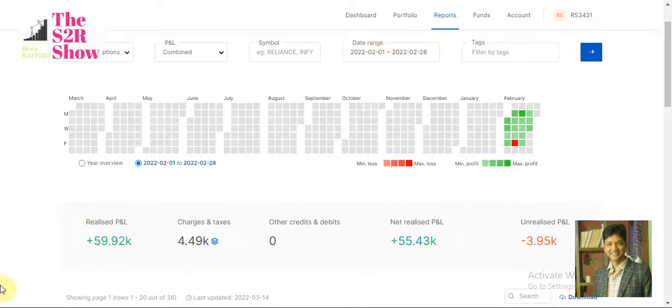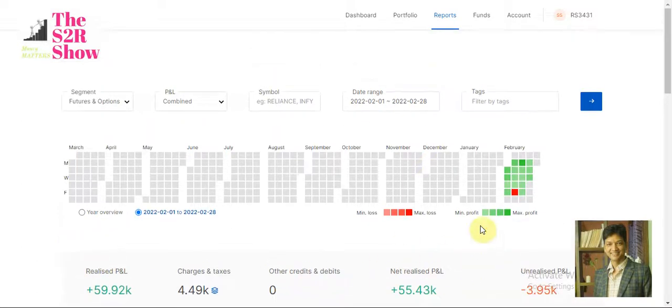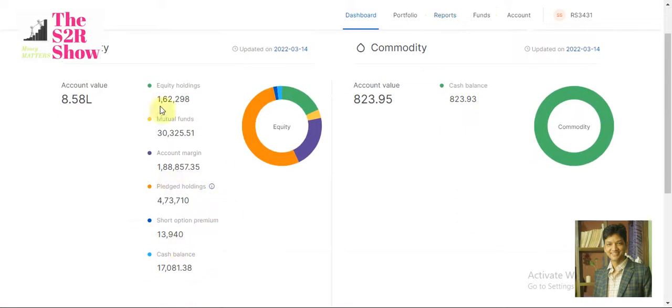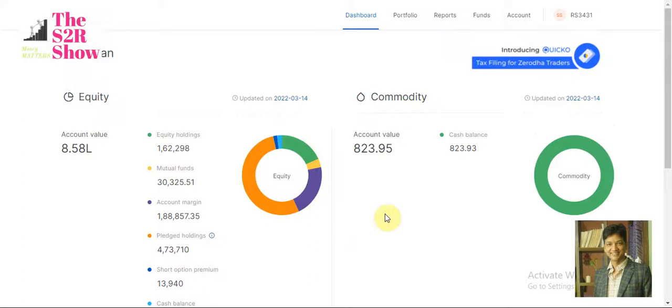So okay, this is the February month profit. Net profit is 55,000. Some of the people also ask what the investment is. So we go to the funds dashboard. This is the fund, out of which 6-7 lakhs I always keep invested. So we are only left with 2 to 3 lakh rupees. So we trade with only 2-3 lakh rupees, because you see the fund is around 8,58,000, out of which